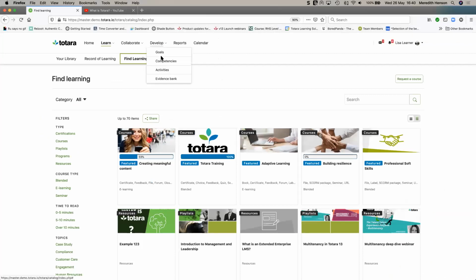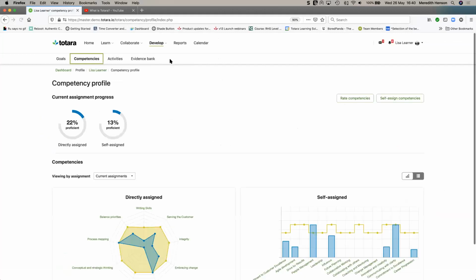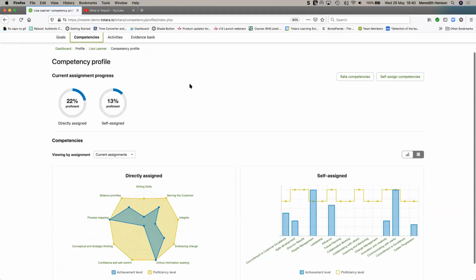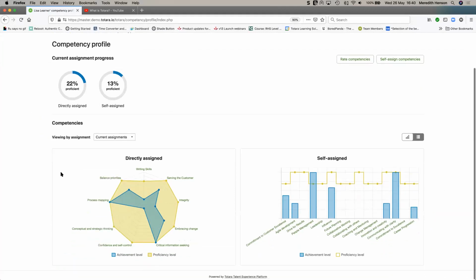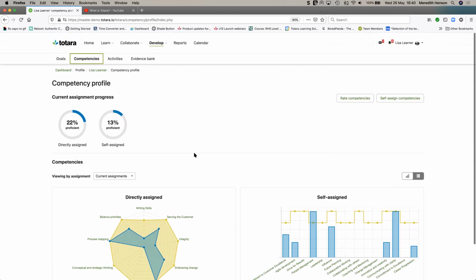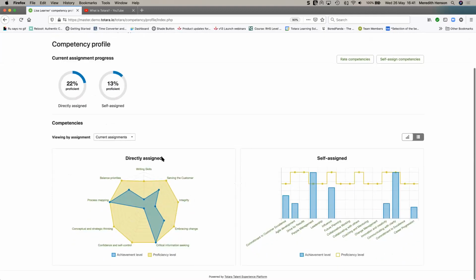So as a learner, I have a competency profile here. And this is that dashboard that I was talking about, where you can see all of the competencies that you've been assigned, whether you've assigned them to yourself, so Lisa's a bit of an overachiever here, or whether they've been assigned by your manager, which is directly assigned, or whether they have been assigned by your team or your organization, whether they've been assigned because you belong to a certain audience, or whether it's been assigned because you hold a particular role or position across the organization. So you could see up to 4 or 5 boxes here with the different types of assignment, but in this case, we've got a tidy 2.